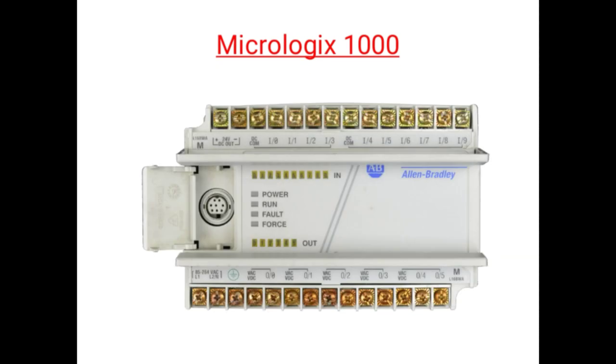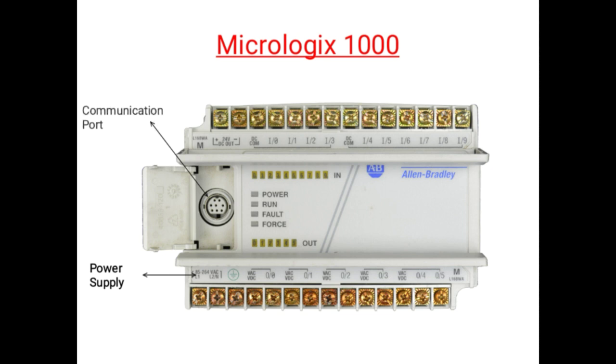Next, we can see an image of Micrologix 1000. This is a Rockwell Automation Allen Bradley PLC Micrologix 1000. We will understand our PLC hardware components. We will see and recognize the components. Let's see. First, you can see below, is the power supply. Here is the power supply of the PLC. Like we have discussed, that is 24 volt DC and 220 volt AC, even 115 volt DC in some countries.